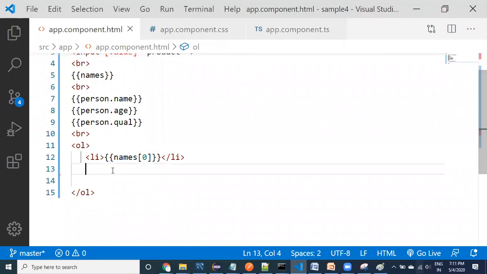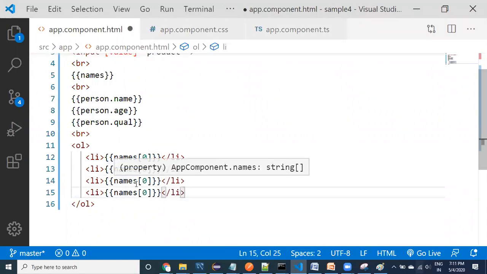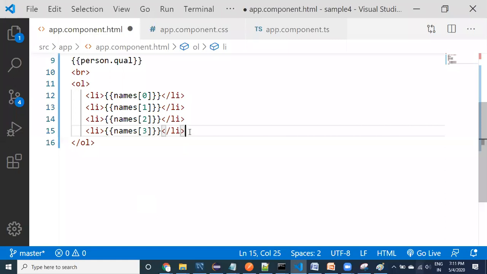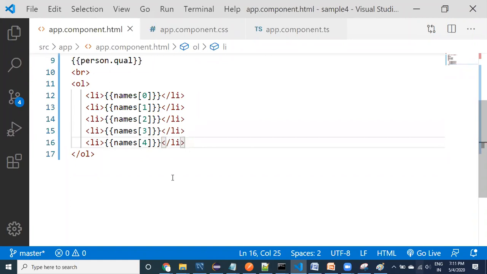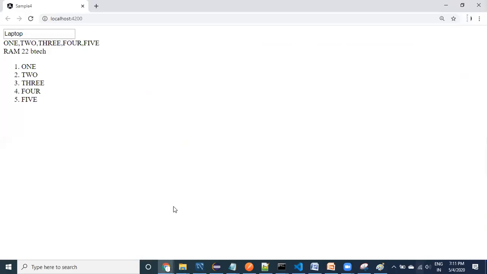See here, guys, I want to print like this. An array can be read in this style. Again, I have 5 values, right? So I would like to provide this approach. See here, guys, what happened? Names of 0, names of 1, this is the array: array of 0, array of 1, array of 2, array of 3, array of 4 and all. Let us look at it, guys. So these values got printed.